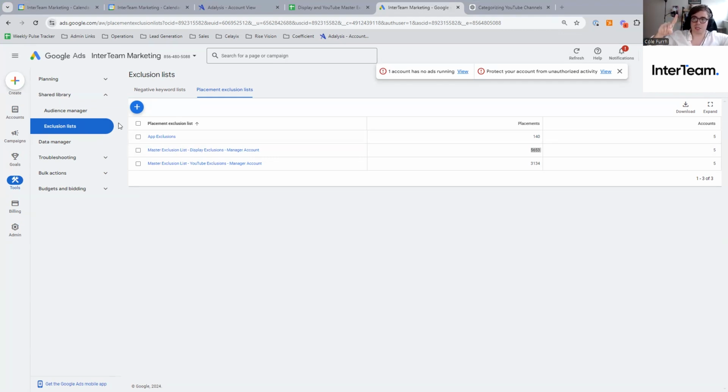This could be clickbaity websites, kids' websites, foreign language websites, a number of other types of placements that you do not want your ads to be shown on. So what I like to do is compile a master exclusion list of every poor placement that I've ever seen and exclude those from accounts from day one in order to save money, because that way you won't be showing